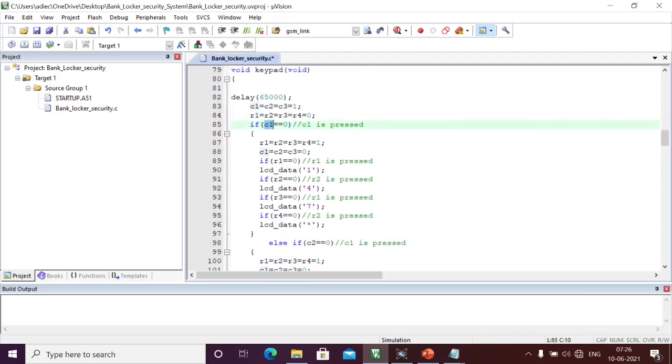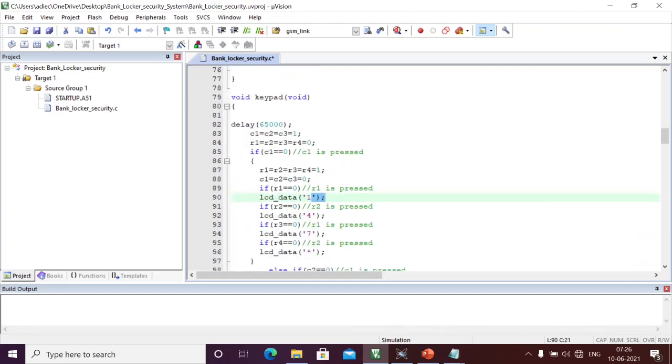Let's see what we have done. For example, if column 1 is pressed and the row is also 0, then we treat it as 1 pressed. That is how we already wrote the keypad programming, and right now I'm going to extend it a little bit. For example, if column 1 is 0 and row 1 is also 0, then we treat it as LCD of 1.